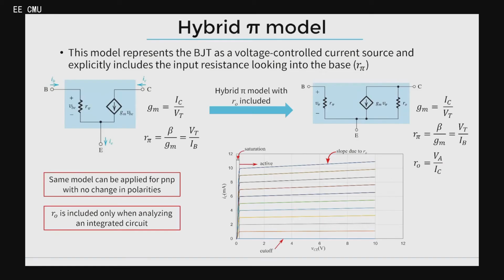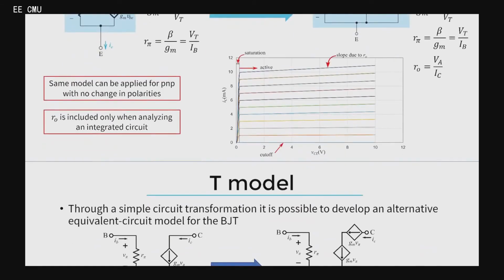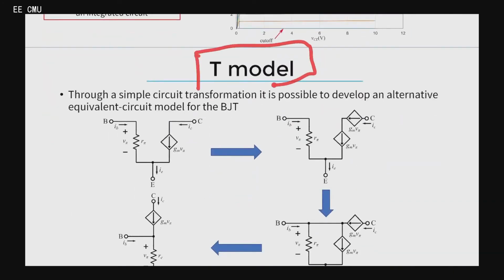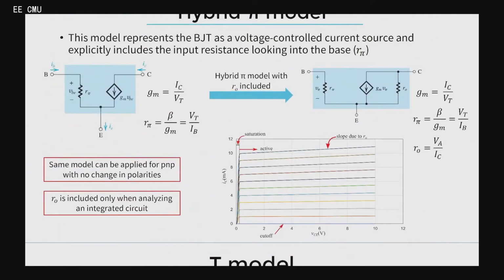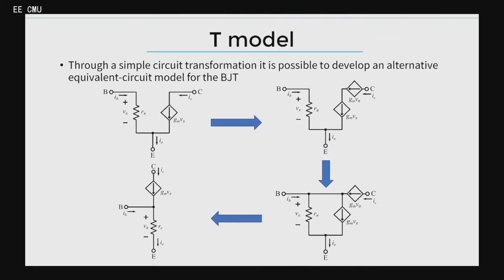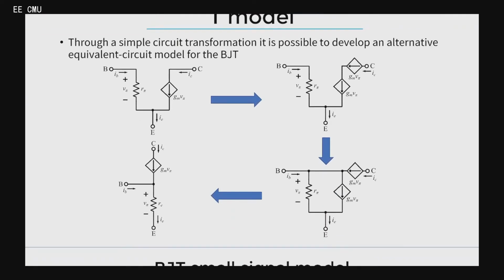And it is important to note that besides this specific model we have just discussed, there is actually another distinct model that we need to consider as well. One is called the T model. Historically speaking, the T model came first and the pi model came later. When we perform analysis, we can use either the T model or the pi model. It just depends on which model will help make our analysis easier. You can take a look at this yourself. I won't go into how this pi model is converted into this T model. But what you need to remember is that this is the pi model and this is the T model.